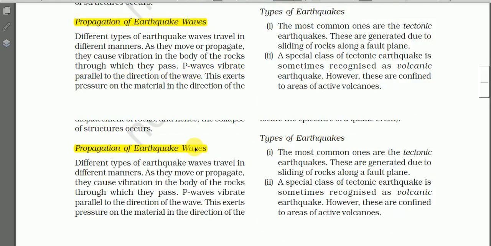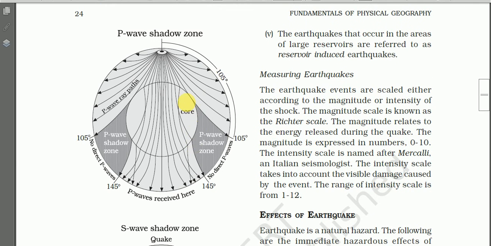See here, see the diagram again. Here you are seeing bending of the S wave. See here, it is bent. Here refraction is there. Why is it refracted? It is refracted depending on the density of the material. If the density is different from place to place, then the earthquake waves also bend. Refraction will be there. And here these P waves also bend, because, as we discussed earlier, after